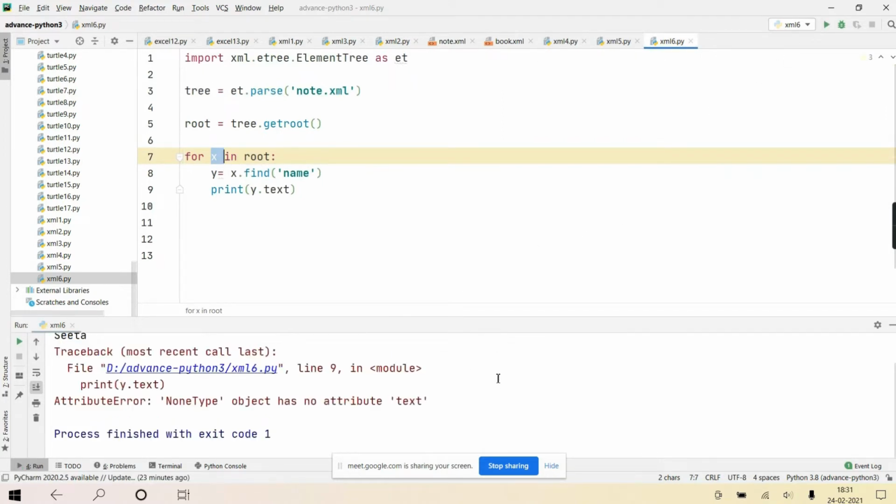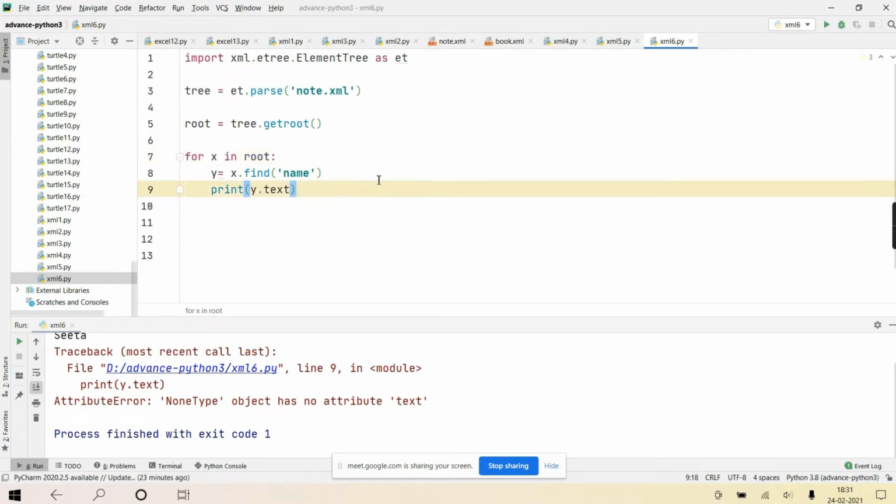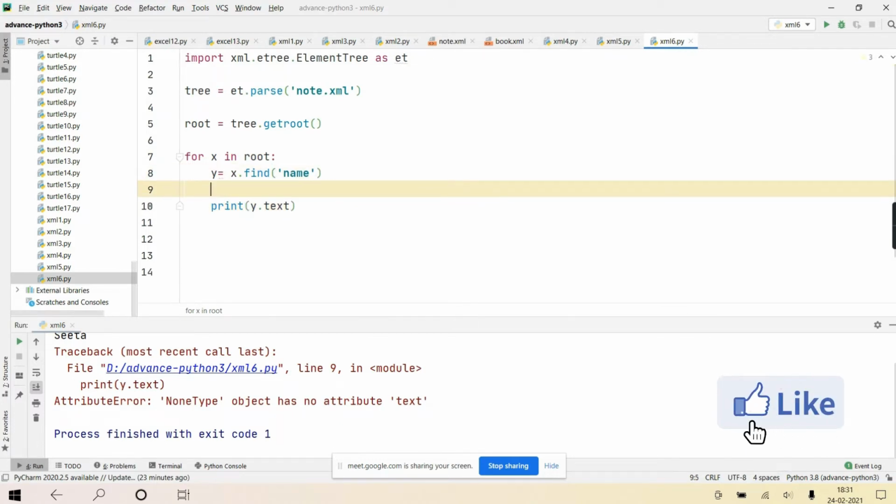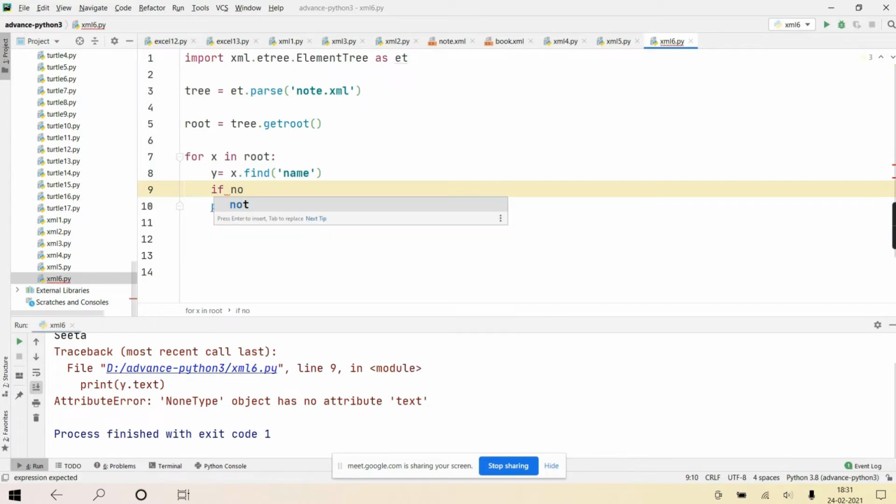Now what is happening is that when it goes to the next child, that object is simply not there. So you have to cross-verify and check what y has come. Like, if y is not None, then only do it.